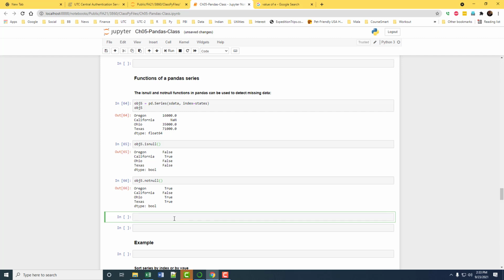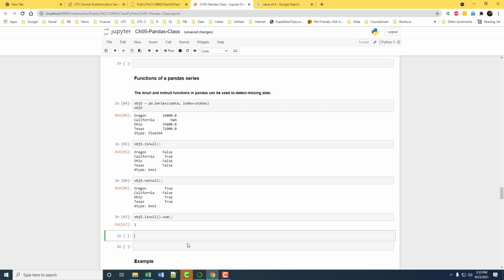One thing that is very useful is to do isnull, right? And then if you sum, that will give you how many null values are there, because true has a numerical value of 1 and false has a numerical value of 0.